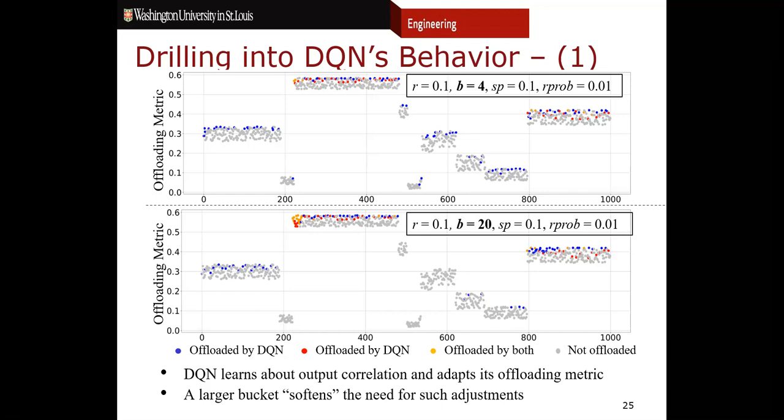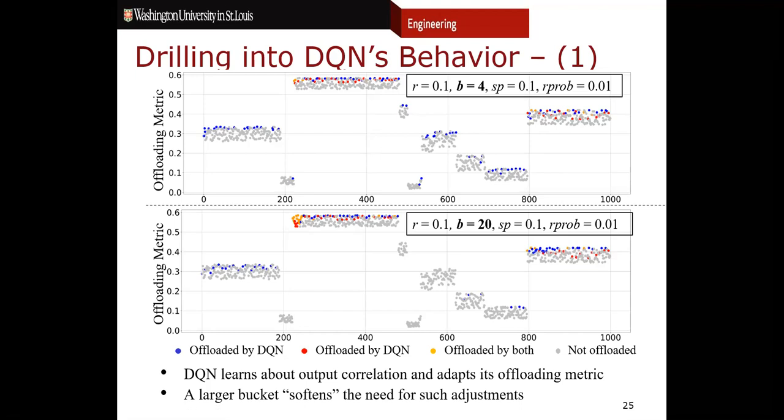In particular, we've color-coded the decision: blue are images that get offloaded by DQN, and orange is offloaded by both, and there's a typo here. The red is actually offloaded by the MDP, right? And so what we see is that